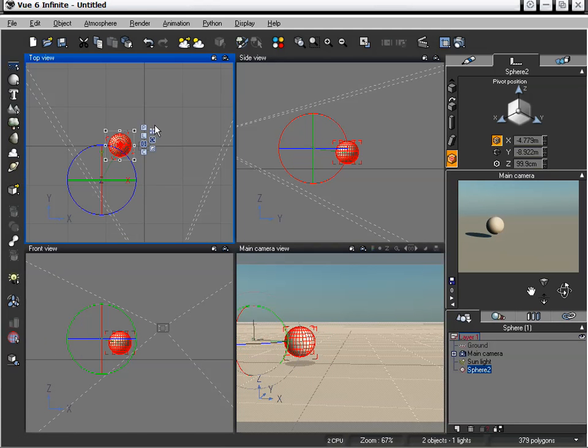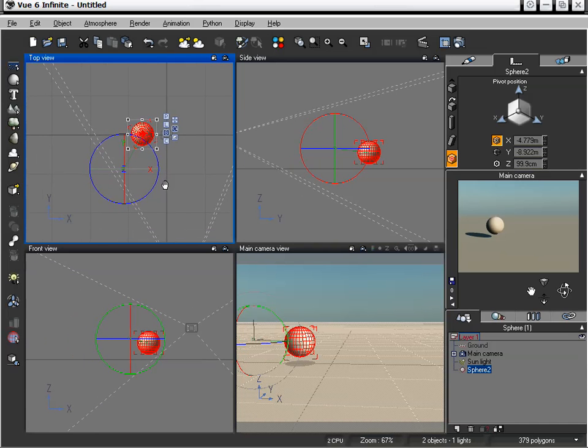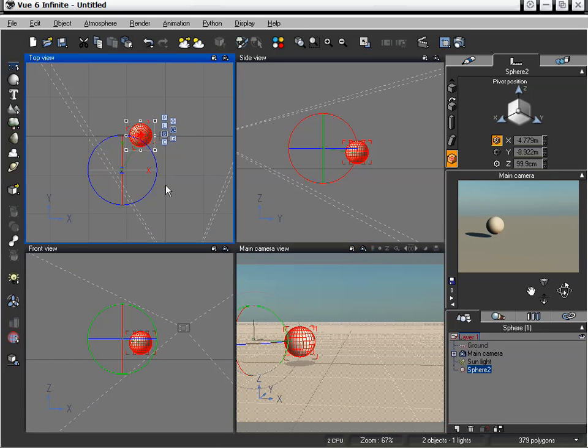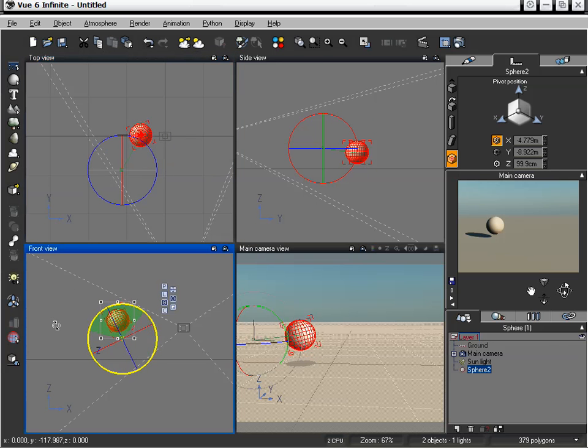So there's a lot more ways to manipulate objects in this method, especially for animation, because we can do things like having a planet or a moon rotate around a planet, or a planet around a sun, and all we'd have to do is move that pivot point into the center, and we'd be able to animate that. So we can do this for any object and actually move the pivot point around, and then it'll adjust our rotation